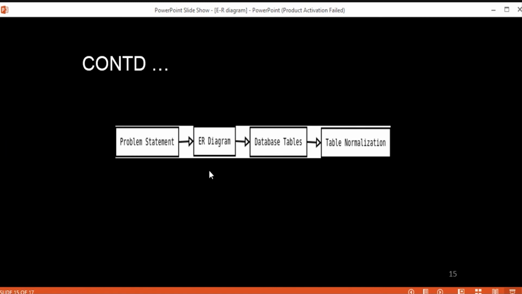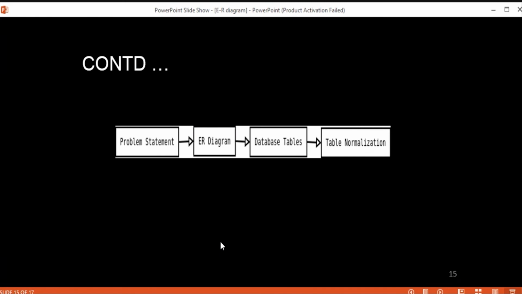Whenever one problem is given to you, the first step is to identify its entities, attributes, relationships. Then we represent them using an ER diagram, and using that ER diagram, table structures are created along with some constraints, some relationships, and finally those tables are normalized, in order to remove the redundancy and to maintain data integrity and all those things. We'll apply the normalization. So this is the procedure whenever we are going to do this sort of thing.